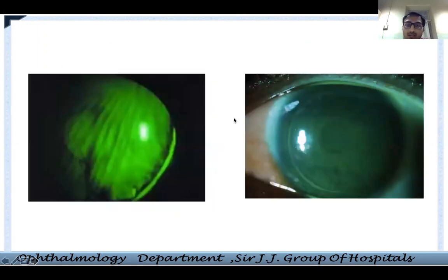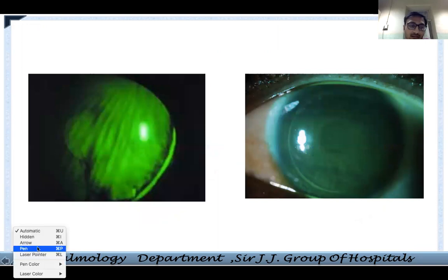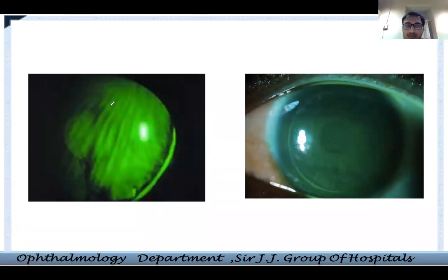One more negative staining example. This again is a bit difficult to understand in the first year, but slowly you will be seeing such kinds of patients. Like I told you, these are the folds in the LASIK flap. So of course there are folds in the whole of the corneal surface, so you will get a negative staining. Here you will not get it, what is this horizontal line that you are showing? These are basically striae. Striae are inside the LASIK flap. So this is not an abnormality of the surface. This is inside the flap. So on staining, you will not see the negative staining that you get on the fold. So to differentiate between them, fluorescein is a very ideal way to know whether you are dealing with the folds or the striae.